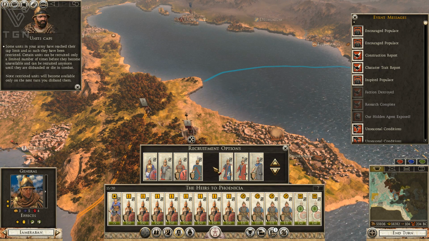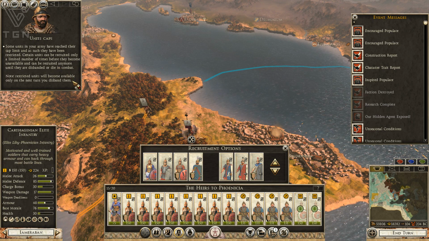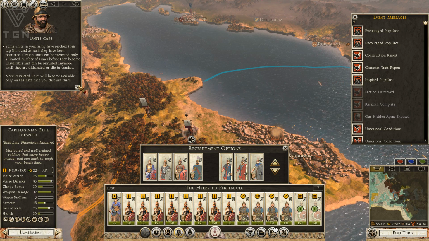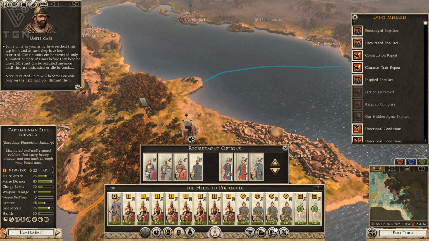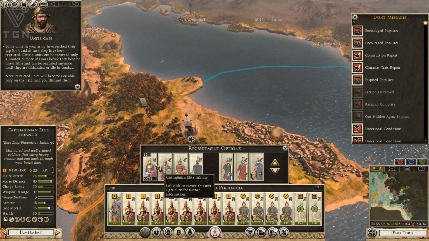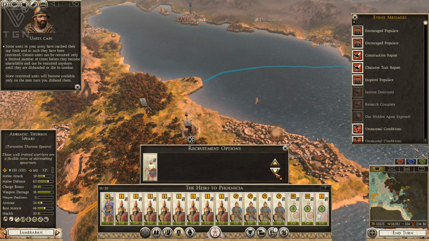Let's get a couple of Sacred Band here. Some units in your army may have cap limit. Okay, so that's fine. They're gonna cap Sacred Band, so you can't just spam them. Let's see. We need... Let's put one unit of Carthaginian Elite Infantry in here too. And then we'll get